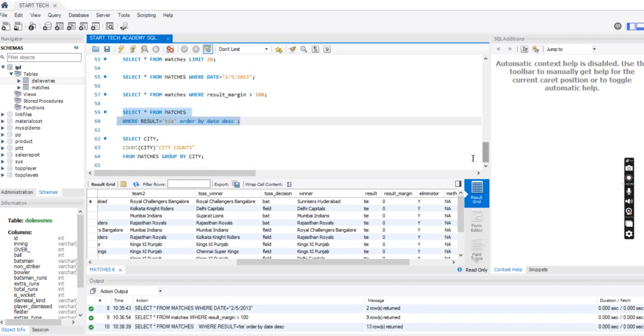Okay. Now the last query of this is: get the count of cities that have hosted an IPL match. So this one also is a bit trickier one, because we have to find the count of the cities that have hosted the IPL matches. So in this, first of all we want to select. Now in all of the above statements we selected everything. For everything we write this star symbol, but in this query we particularly have to select the city column of that.